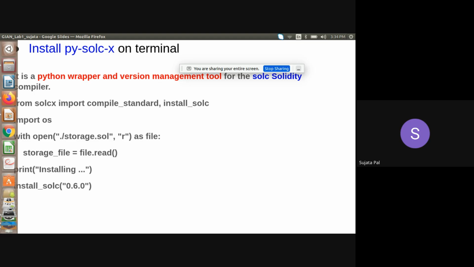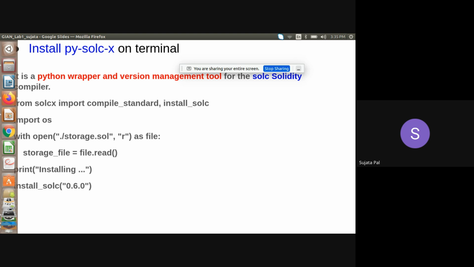So py is for Python, solc is for the Solidity compiler, x is for the extension. We are going to use that. You have to install that on your terminal.